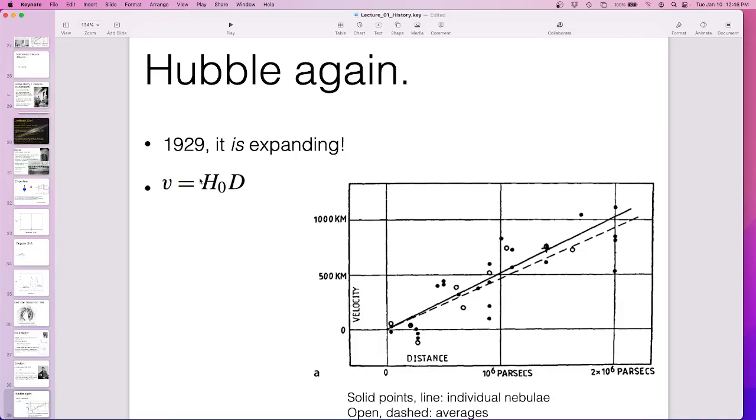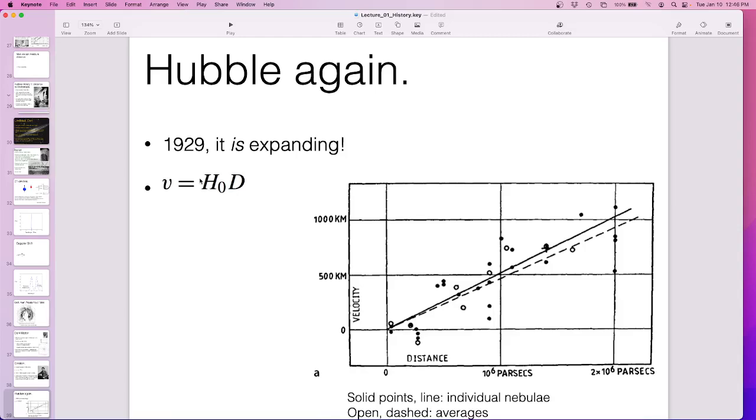Okay, I kind of went out of order a little bit. In 1929, Hubble used his new distance stunt and measured the distance and the Doppler shift to a bunch of stuff and said, if it's further away, it's moving faster. And then he thought for a minute and thought, well, that is what expansion looks like. If it's expanding everywhere, everything's moving away from me.